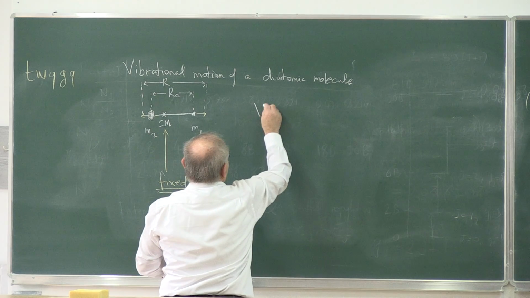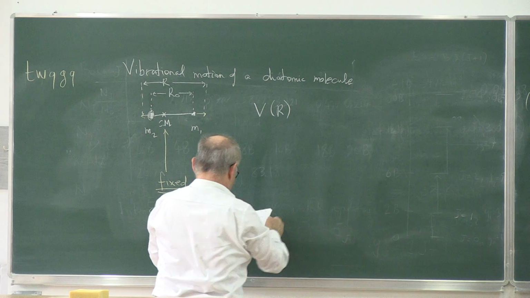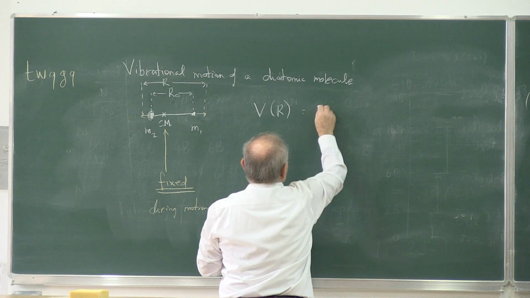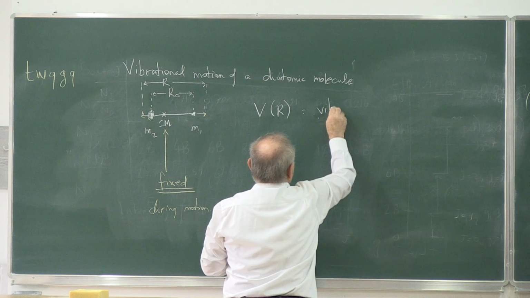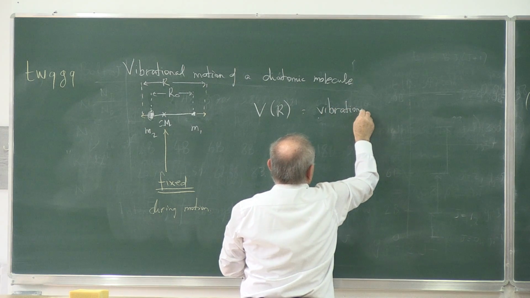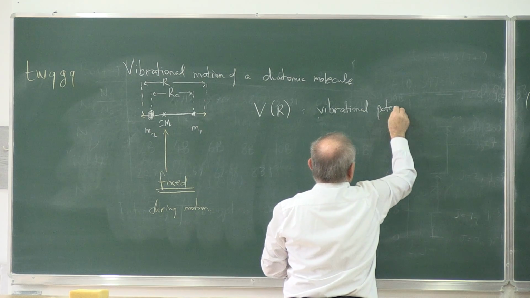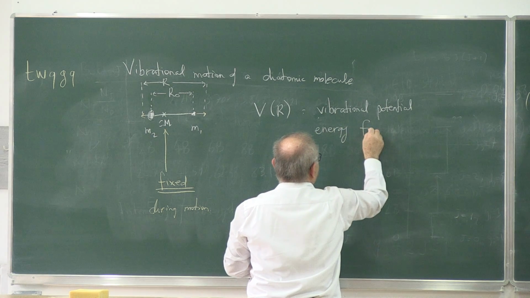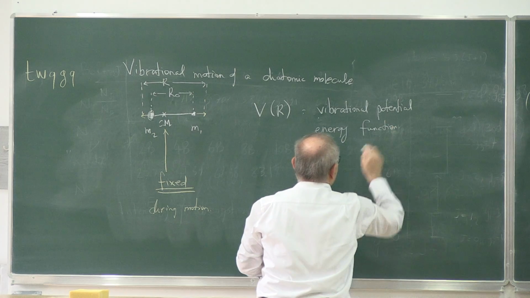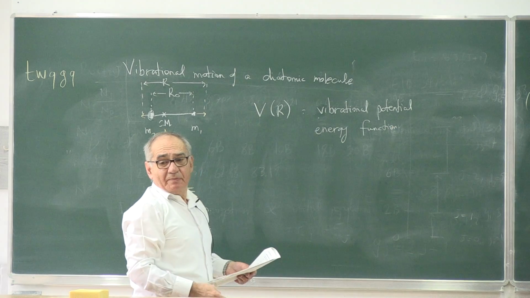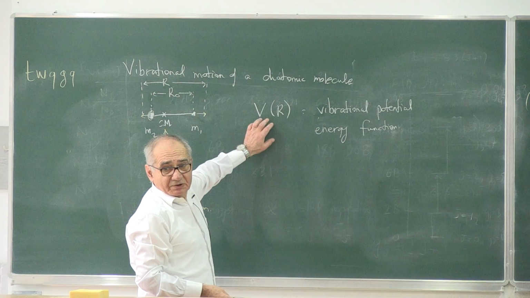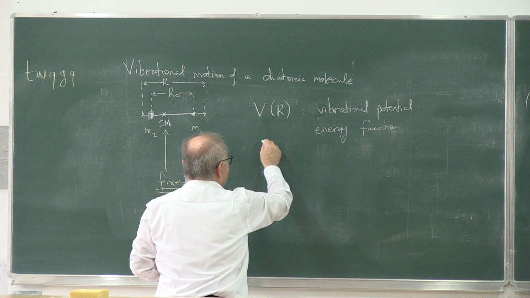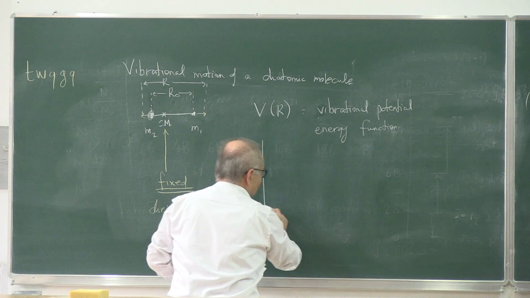There is an attractive potential energy. This is the vibrational potential energy function. We are assuming the expression for V is given to us. A typical shape of the potential energy function